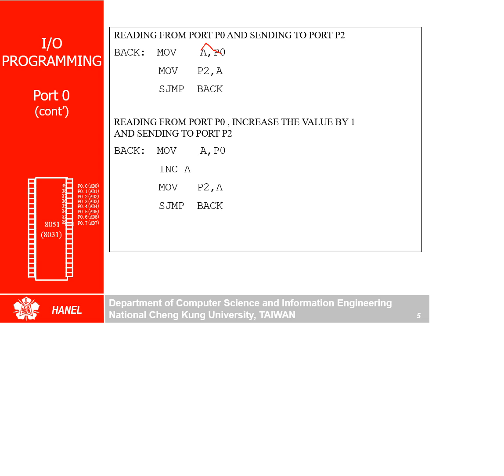So here P0 is an input port. P2 is an output port. When you write a move instruction, whichever is away from the move, it is the input port. Whichever is closer to move, it is the output port.